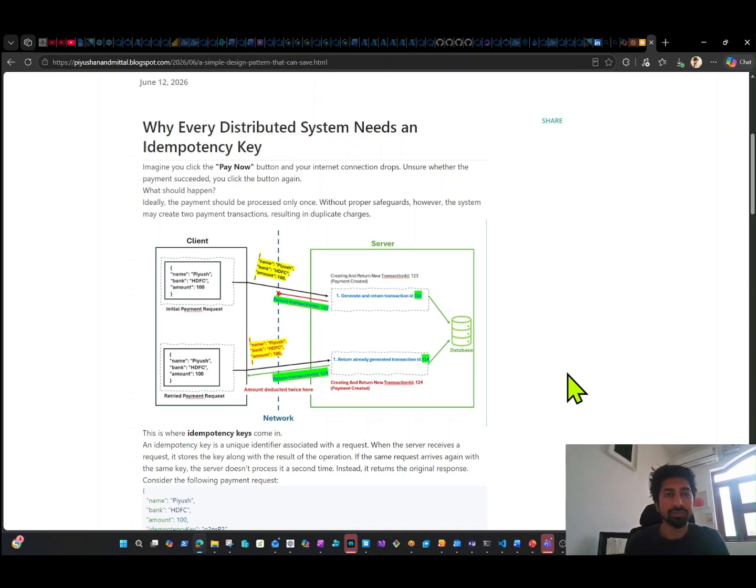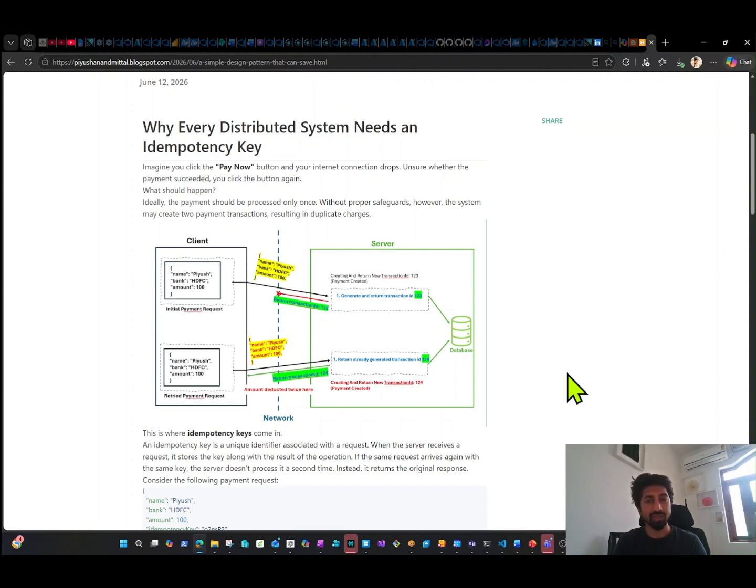Hey, hi everyone. Today I thought of creating a video on one very interesting topic, which is idempotent keys. Why I thought of creating a video on this topic is because the solution this concept provides us is very general, and every software engineer as well as non-software engineer folks like product managers, program managers, and other folks, they should be understanding the concept, where exactly we use idempotent keys. So the problem statement is very general and